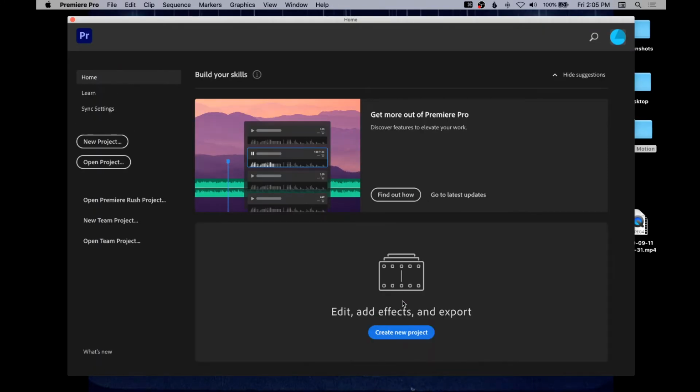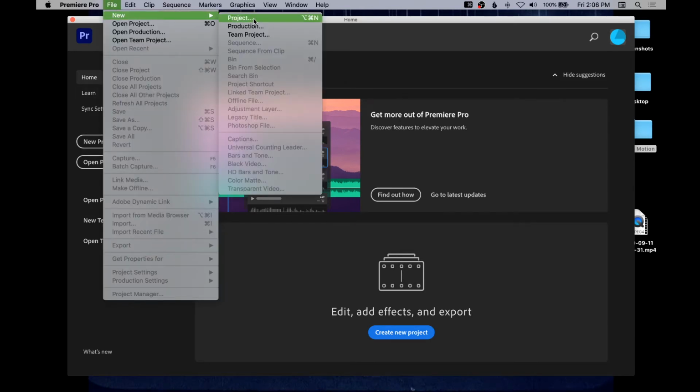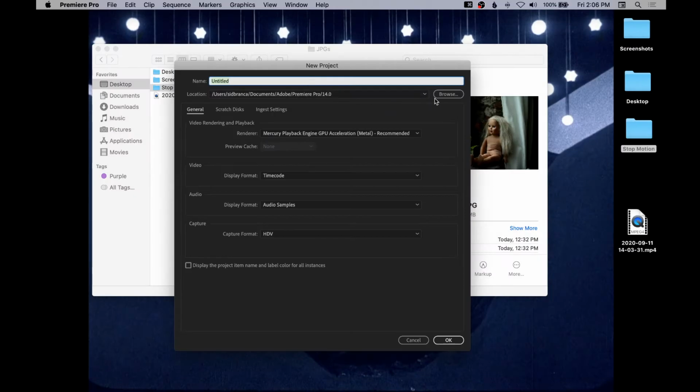Then we want to make a new project, which we can do by clicking New Project in the launch window or going to File, New Project. You should give your project a descriptive name, one that you will not fail to recognize when sifting through an ancient hard drive years from now.